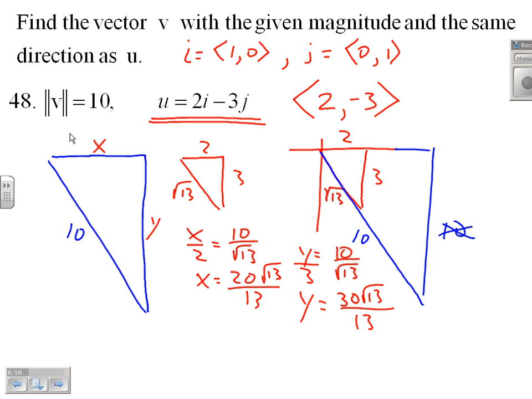So if I was to put this in component notation, I would just group these together. But because we started in this linear, I think I'll go ahead and write this linear, but it's as easy as this. V